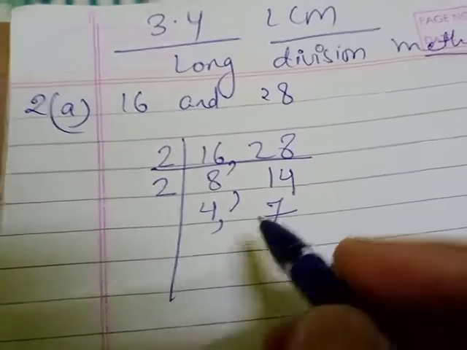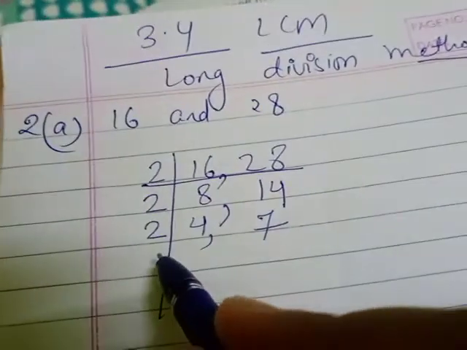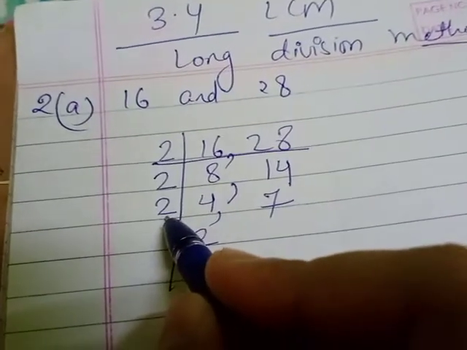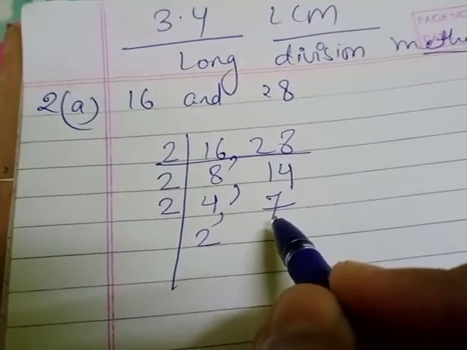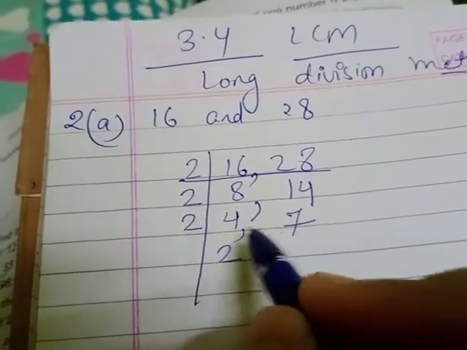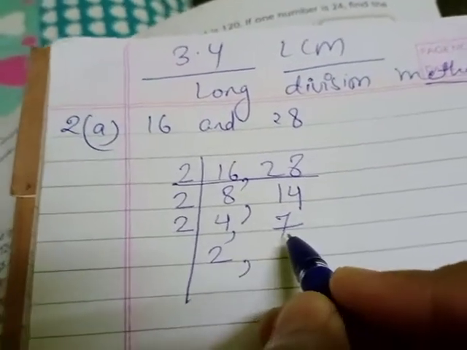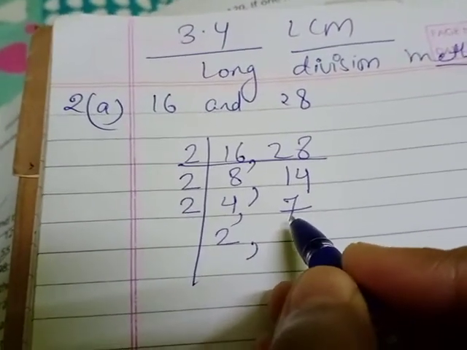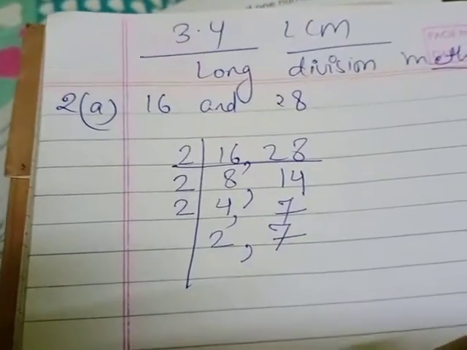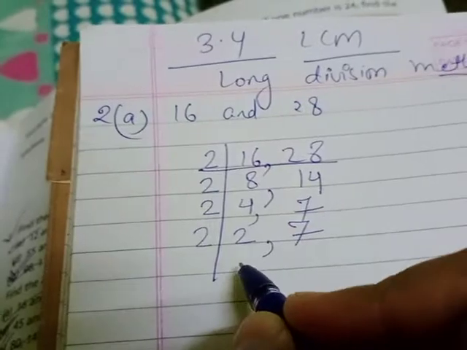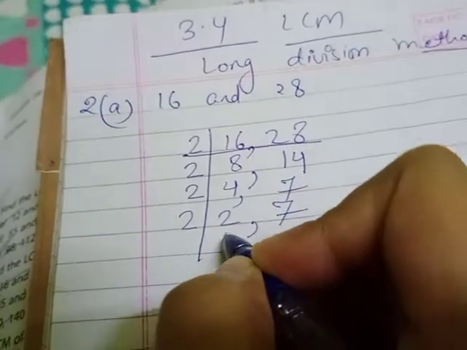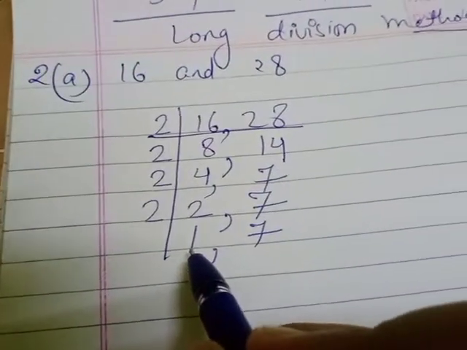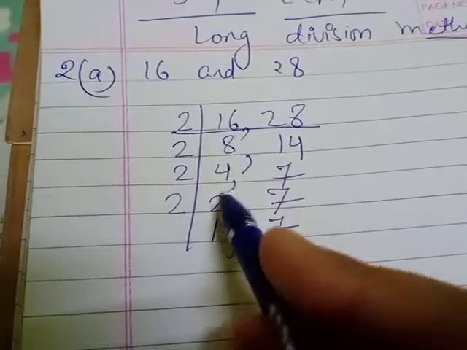We have to see in the table. First of all, we'll write here 2. In the table of 2 we will find 4, 2 times, but in the table of 2 can we find 7? No, 7 will not be divisible by 2. So whenever we have a number which is not divisible, that time we will write that number as it is. Then again we'll write here 2. In the table of 2, this 2 will come how many times? 1 time, and 7 again will not come now. So this 1 we have got in place of 16, we have got all the factors.